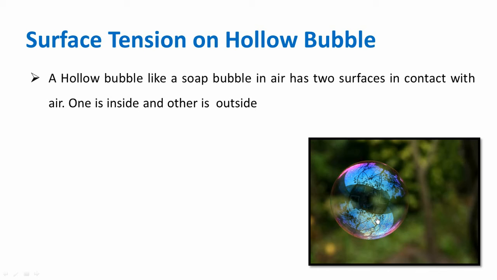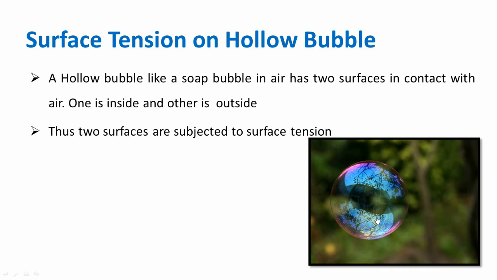So inside it is under pressure, and outside it is also under pressure. So two surfaces are definitely acting. The surface tension is acting on the two surfaces, inner and outer. That's why we are writing that inside we will have a pressure P into pi by 4 d square. It is the pressure force, and here we have surface tension acting on the two surfaces, inner and outer. So that's why I'm multiplying with the 2.